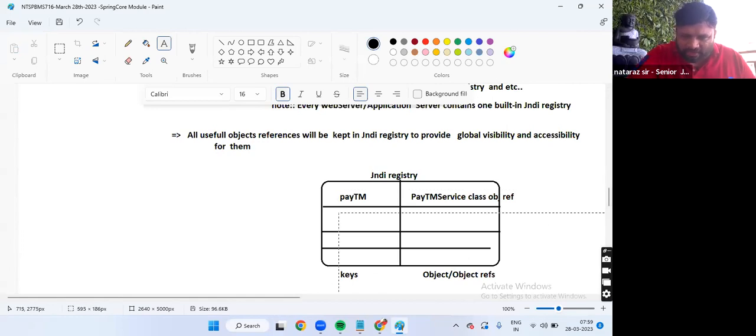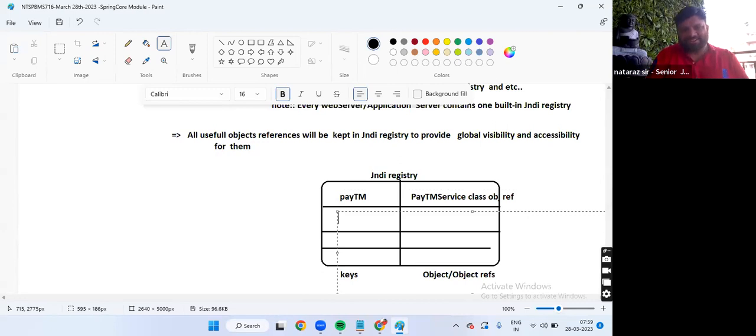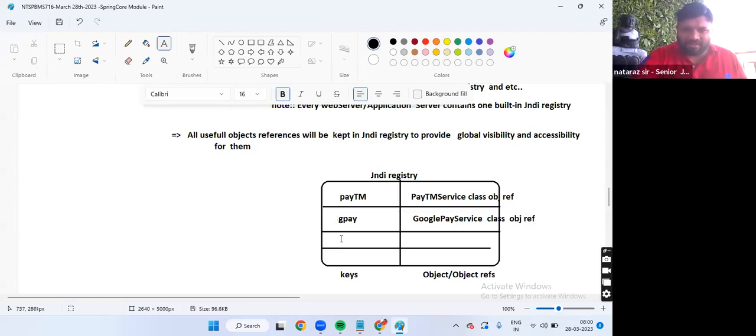Next, GPay is the nickname, with the Google Pay service class object reference.